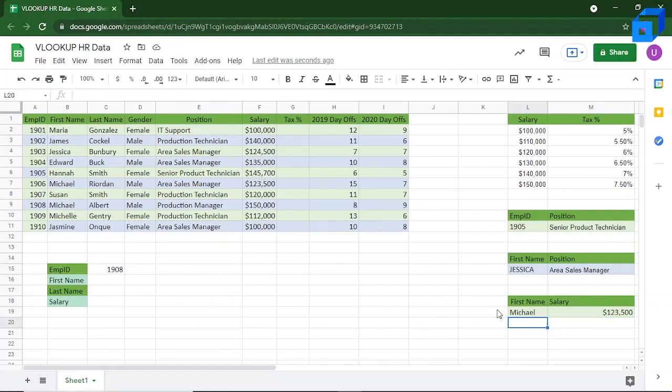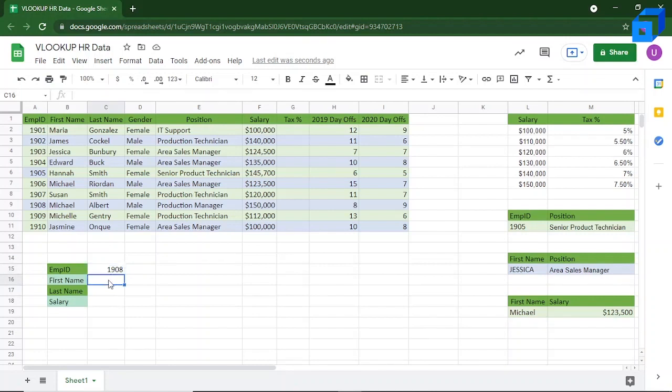Now we can look at the exact match which we've already discussed earlier. So if you want to get the employee ID of, say, 1908, which is Michael, and get the first name of that particular person, we can do that using the VLOOKUP function only.